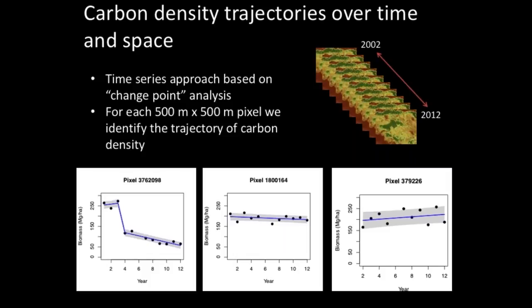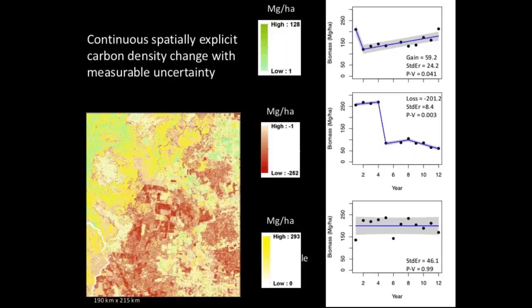So as a result of this exercise, what you get is actually a map of changes, gain and loss. In red, in this case, I'm showing the loss. In green, I'm showing the gain. And in yellow, I'm showing what we cannot say if it is gain or loss. It's stable. What we call stable. It could be that there is so much noise in the data that from a statistical point of view, you cannot fit that line. You don't know if it is going up or down, so we cannot assign